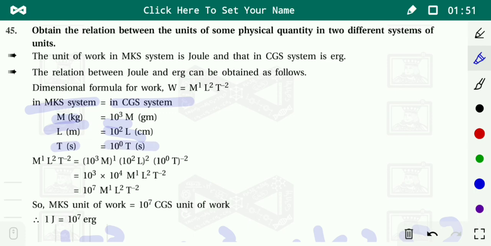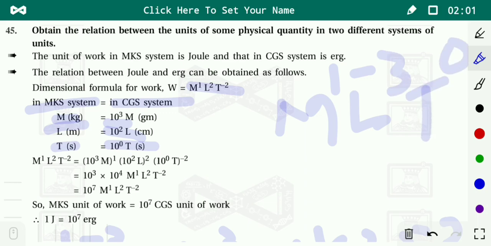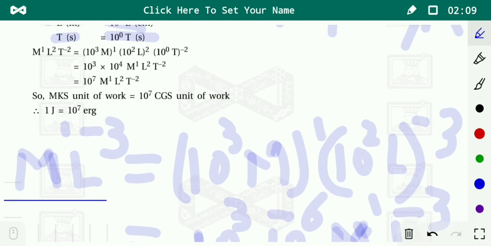First of all, you have to write down the dimensional formula. Dimensional formula is mass raised to 1, length raised to minus 3, T raised to 0. If you don't write T raised to 0, it's fine. The dimensional formula of density is written under the MKS part, and here there is an identity relationship. So 1 M equals 10 raised to 3 M. The power is 1, so here power is 1. Similarly, 1 L in MKS equals 10 raised to 2 L in CGS. Power is minus 3, so here power is minus 3. There is no involvement of time as far as density is concerned.